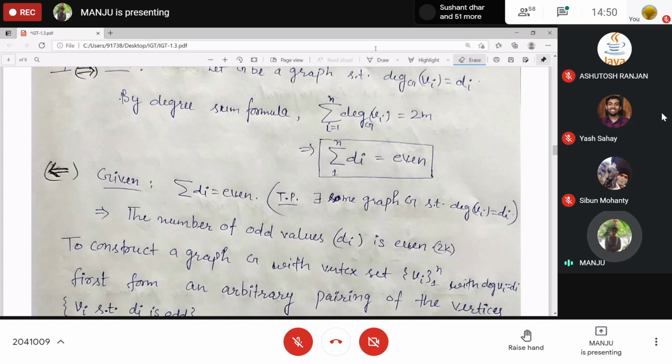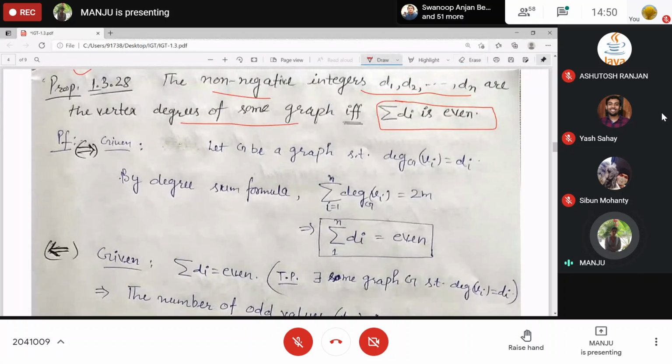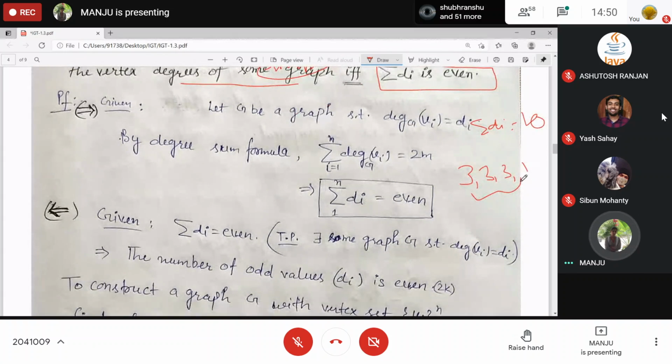So what we have formed is a pseudo graph; a simple graph may not exist. The counterexample is 3, 3, 3, 1. The summation of these di is 10, which is even, but there does not exist any simple graph corresponding to these numbers such that the sequence becomes the degree sequence of that graph.